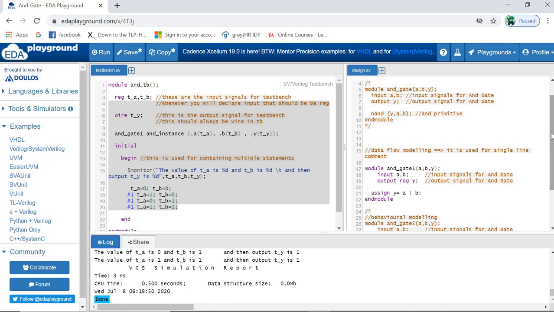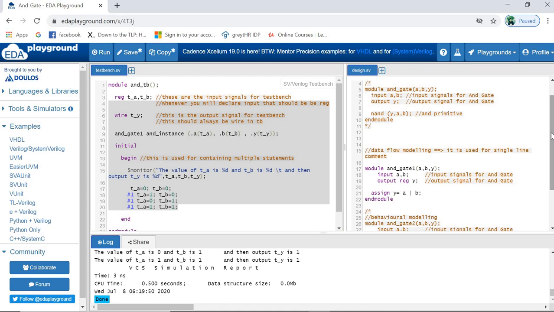So I would like to request you guys, if you really want to learn these things: I have given an example for the AND gate. What you can do is write code for the OR gate, NOT gate, and the rest of the gates, and then write a separate test bench. I know the test bench will be the same for every two-input gate, but I would like to request you to write a different one for each.